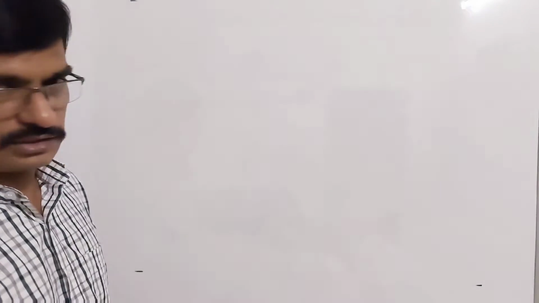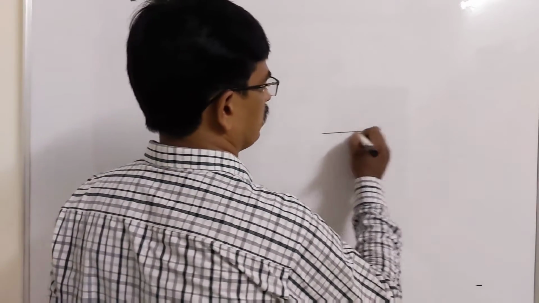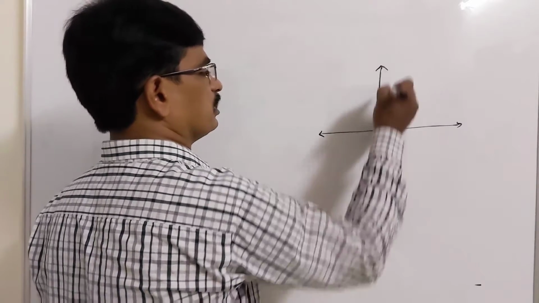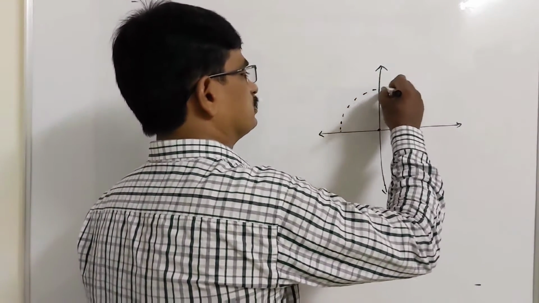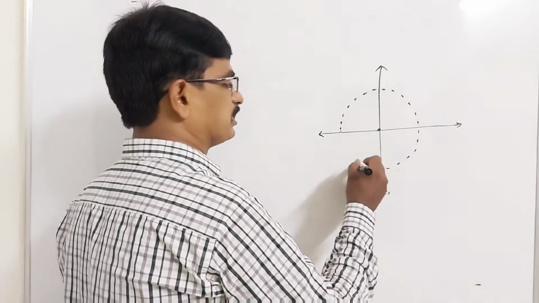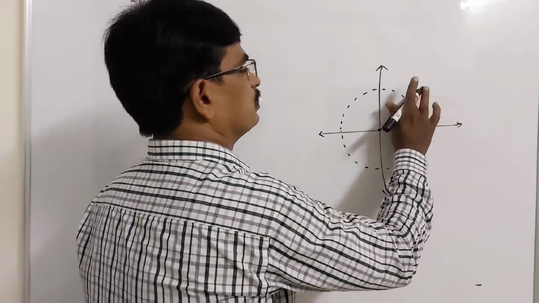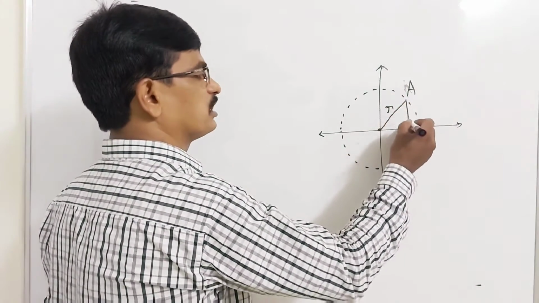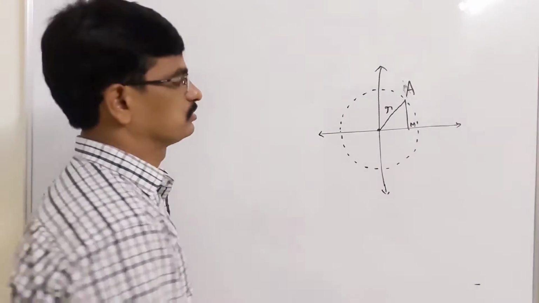Okay, sine of minus theta, cos of minus theta, what result are we going to find out? For that, draw a horizontal line, x-axis, and y-axis vertically. These two meet at a point O. Now with O as a center and some convenient radius, draw a circle. Okay, this is the radius. OA is the radius, and AM is the perpendicular projection drawn to the x-axis.